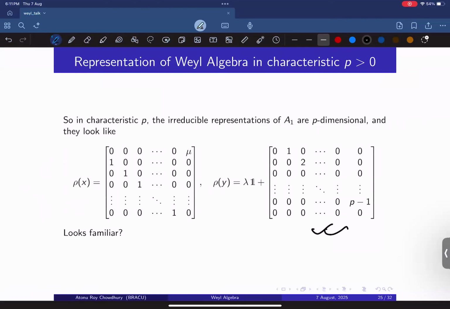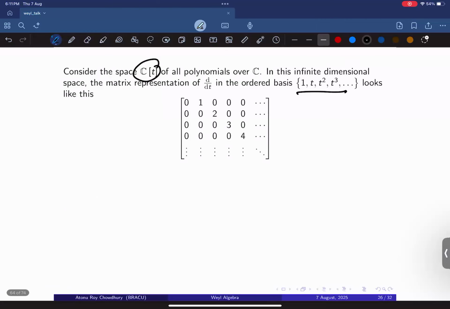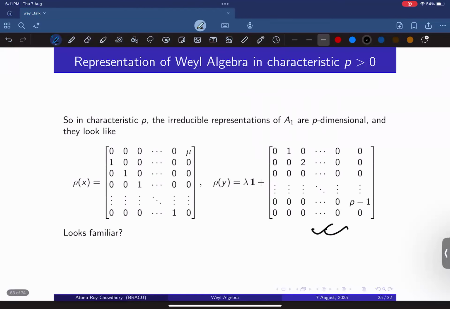What about the other one? What is the other one? Any guess? So let's go back to here. This one looks almost like a derivative. What about this? Should I spoil the answer? Okay,